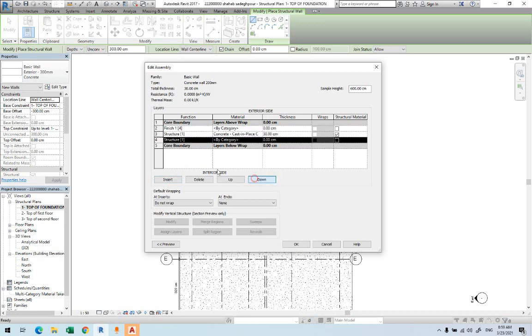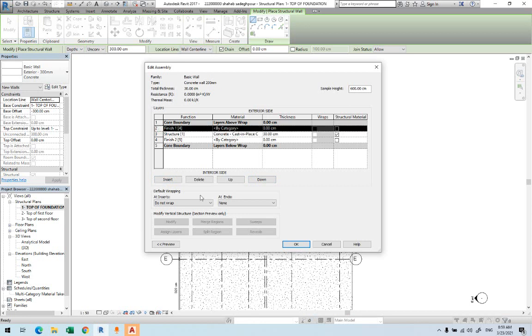I can add another one. For example, I can bring this one down to be the bottom of it and choose the second finish. So I have two finishes. Or the thickness of the finish, for example, I can give 2 cm, 2 cm. One of them to be interior, one of them exterior. So there are different things that we can add here. I will explain this one in